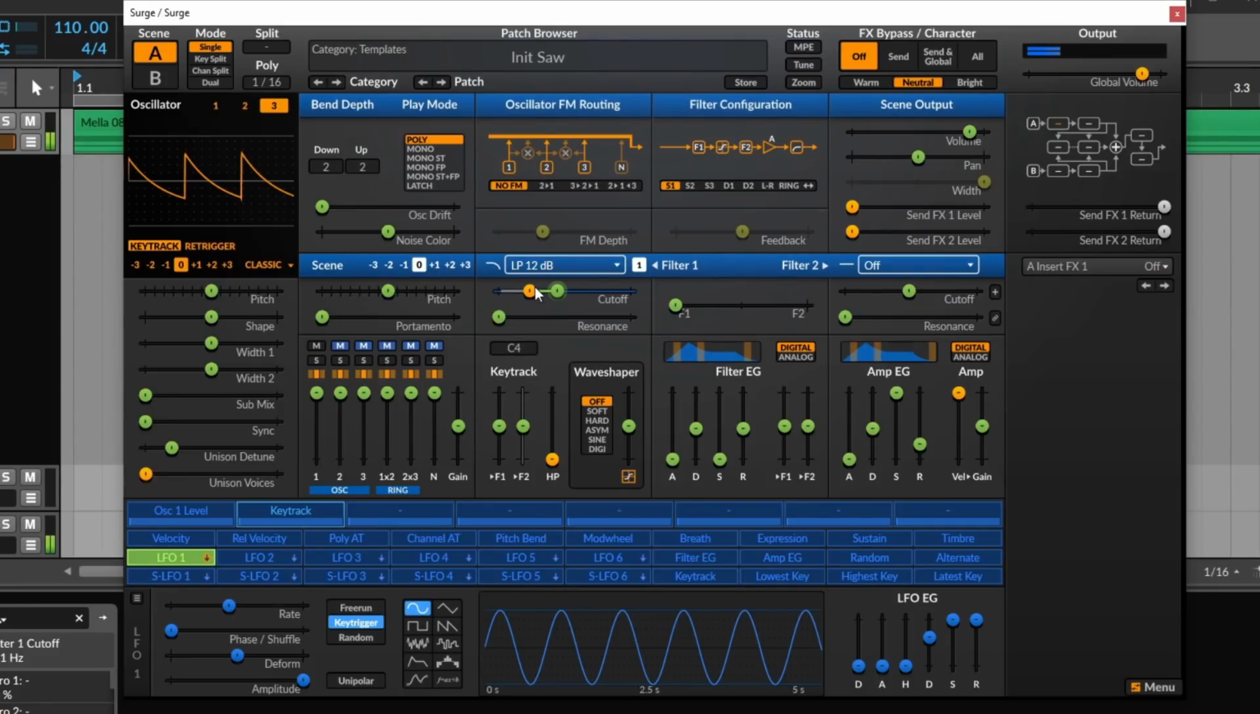if I add another note here, you can hear each note is getting its own LFO. So each note is independently being put through the filter and is independently getting its own cutoff. Now, if I send it to this SLFO here,